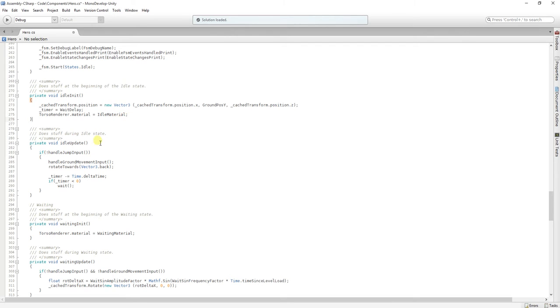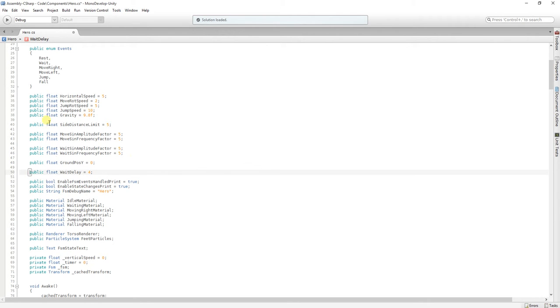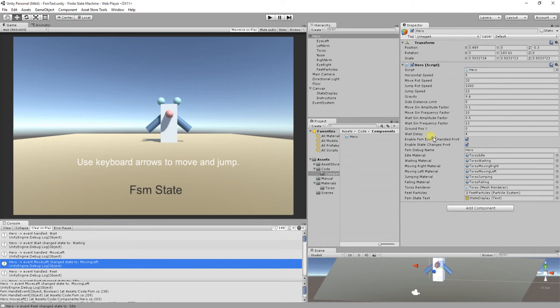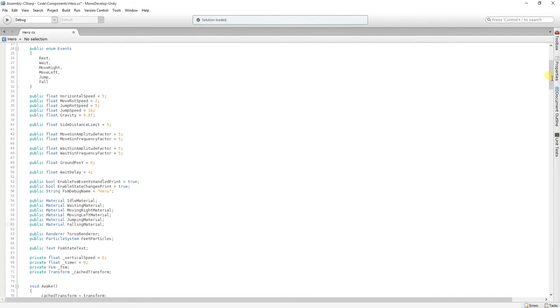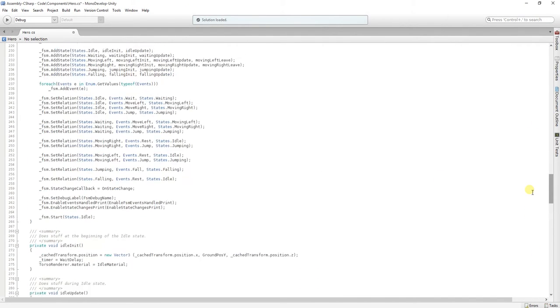This method is going to be called as soon as we start our finite state machine. Here we have a timer that we use to count the 4 seconds before going to the waiting state. So we set a wait delay. Our wait delay is a value we have in here. Then we can set up the inspector in here. So going back to our method,